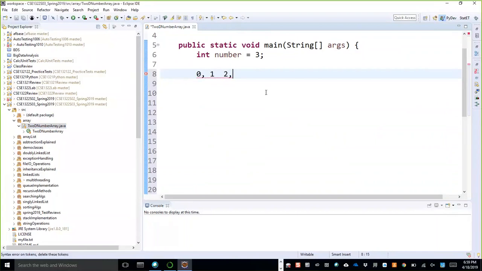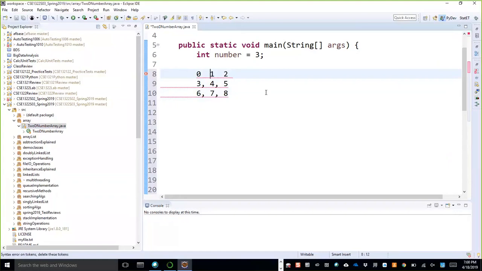Okay, and what is the next line? 3, 4, 5. Then the next line? 6, 7, 8. Okay, so this is our two-dimensional array. We got a two-dimensional array as a matrix.